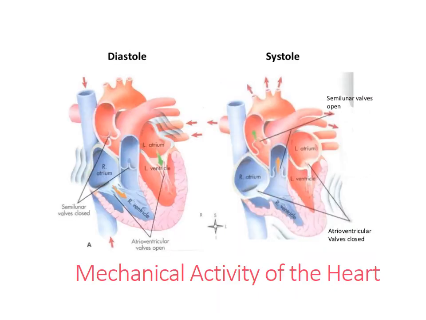So let's talk about the mechanical activity of the heart. We know that when we're auscultating heart sounds, we expect to hear this S1, S2 kind of lub-dub sound. When we have diastole, that's when the ventricles are relaxed, so they're dilated, they're bigger. That's the picture on the left. And you can see the ventricles themselves, they look larger. And that's when the chambers can fill up with blood